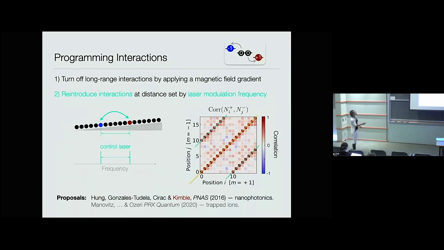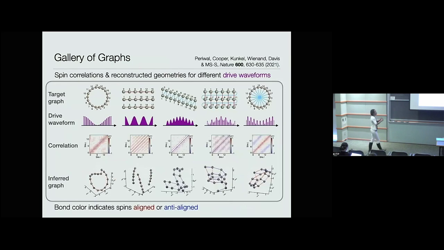In real space, the picture is essentially, if I turn on a magnetic field gradient, it suppresses the spin exchange interaction between any pair of atoms that's not on the same site. There's an energy cost to the spin exchange interaction in the presence of a magnetic field gradient. But if one has two frequencies of light with the appropriate frequency separation, the spin exchange interaction can be resonantly turned on in a controllable way. This is a really neat way of saying: you give me some translationally invariant graph you'd like me to engineer, and all I need to do is program a particular waveform into the intensity modulation of my drive field, and it will realize that graph.